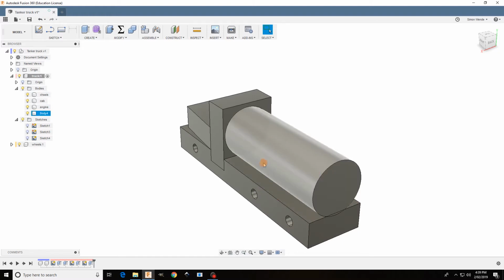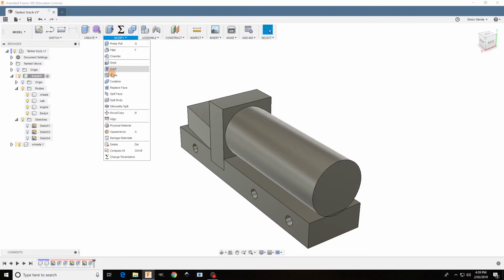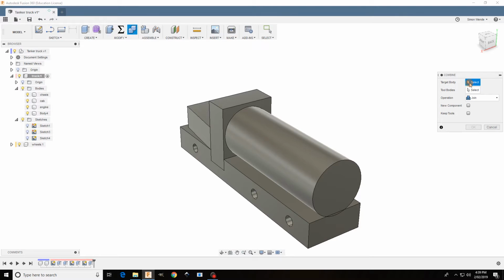Okay, so we've got this cylinder intersecting the chassis, which in real life we're not going to have. We actually need to plane down part of that cylinder. I'm going to go to modify, combine, and I'm going to select my target body, the body that I want to actually do the work on, and it's this cylinder. The tool body is the chassis,